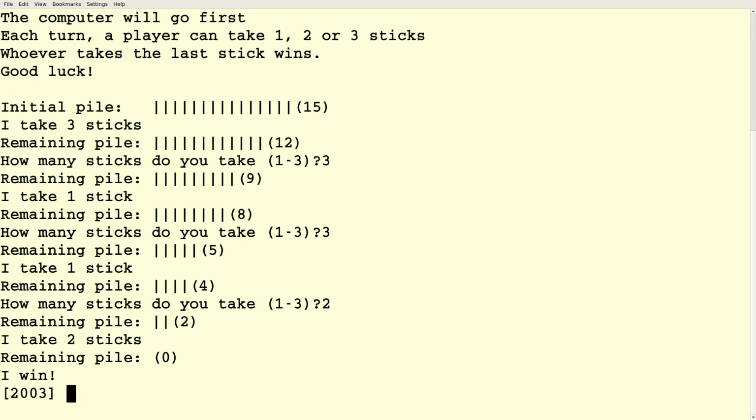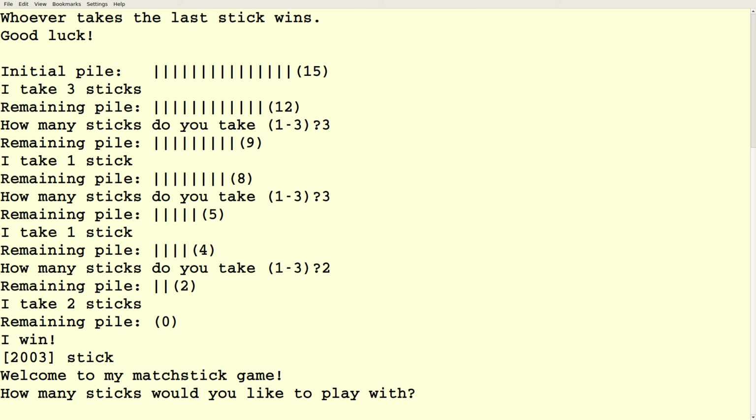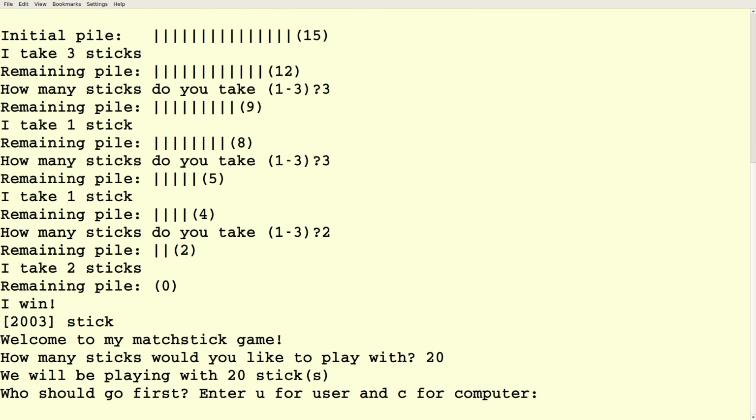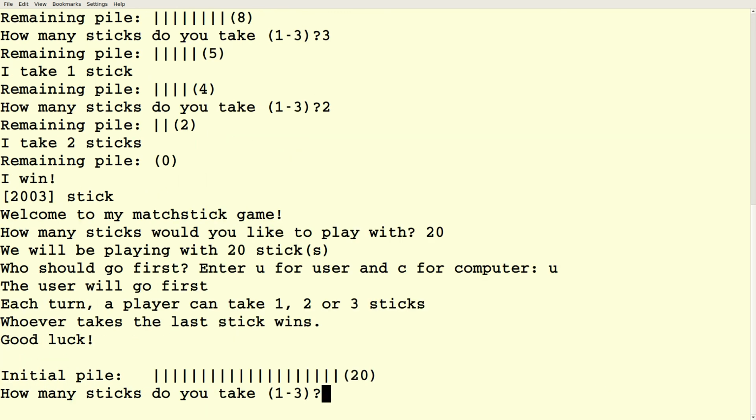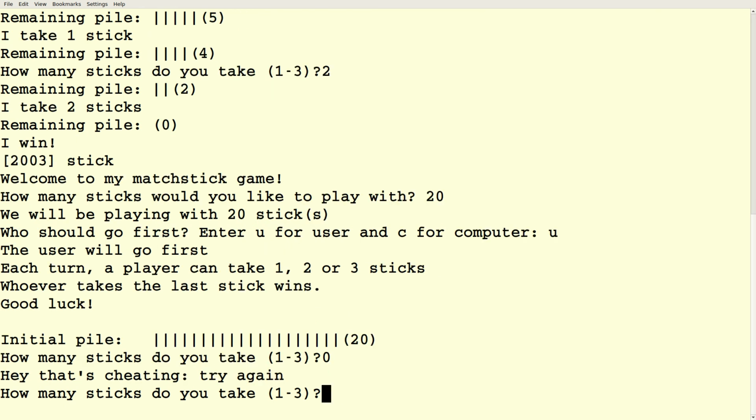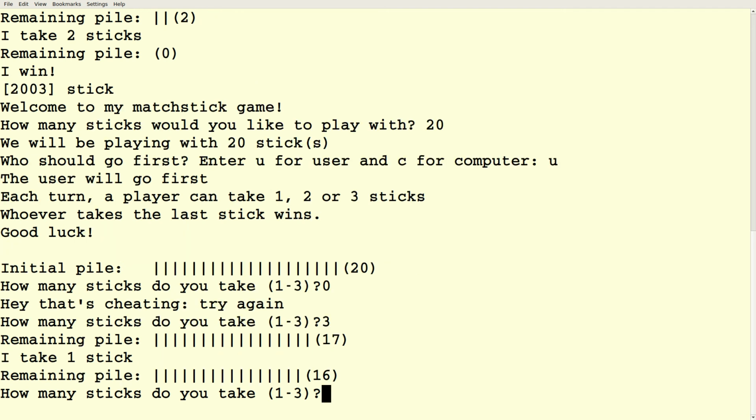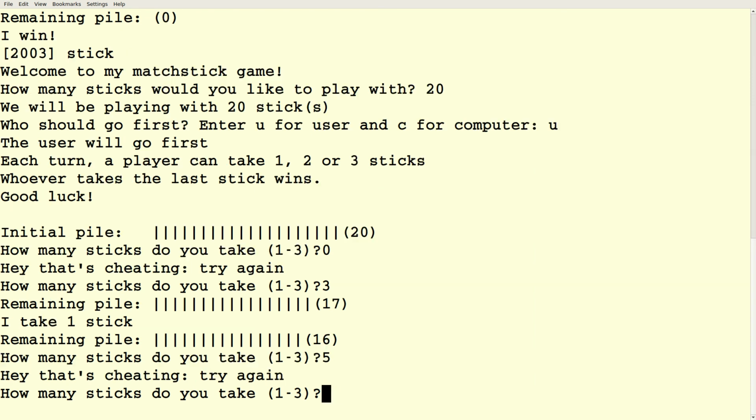Alright, so that's your goal, is to make a script that does this. And there's some requirements. So if you try to take an illegal number of sticks like 0, it should call you out on that and then ask you how many sticks you want to take. It's like, okay, I'll take 3 sticks. And if you try to take an illegal number of sticks that's bigger than 3, it should call you out